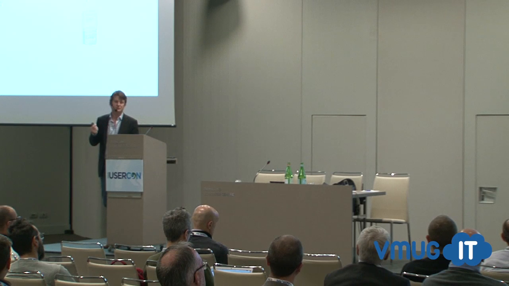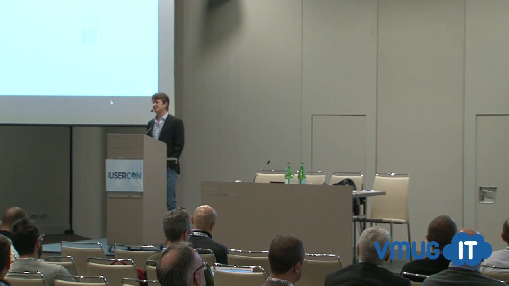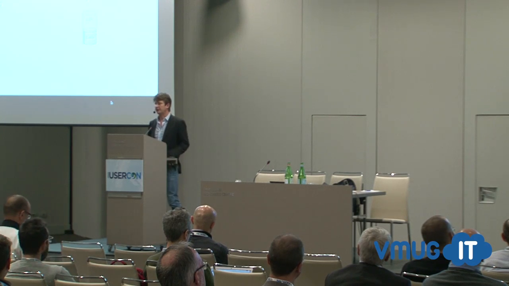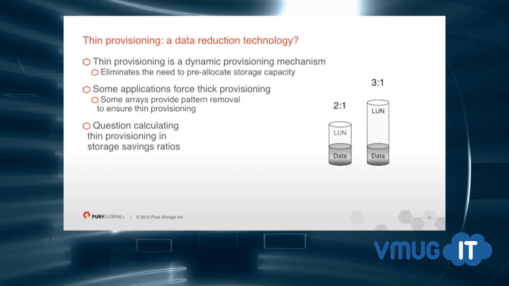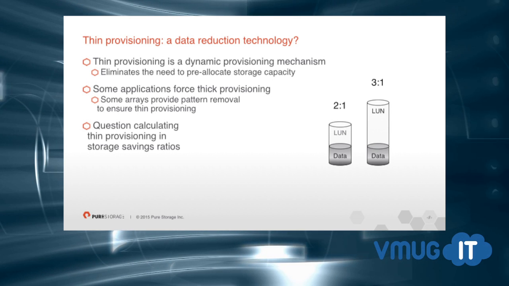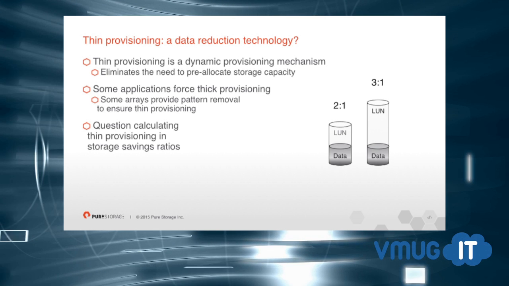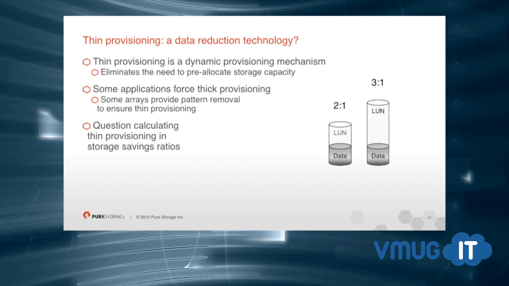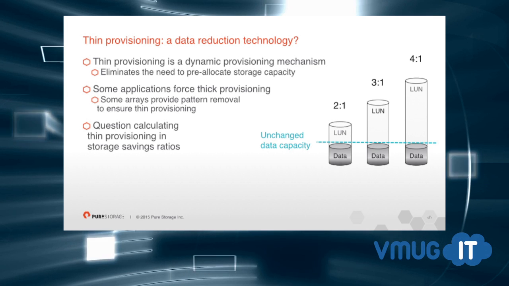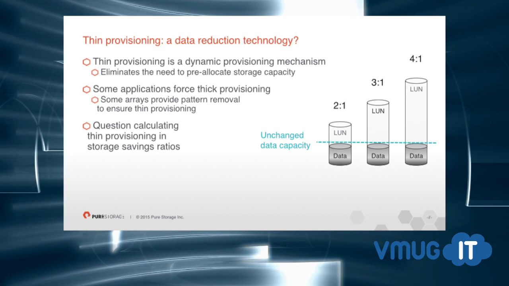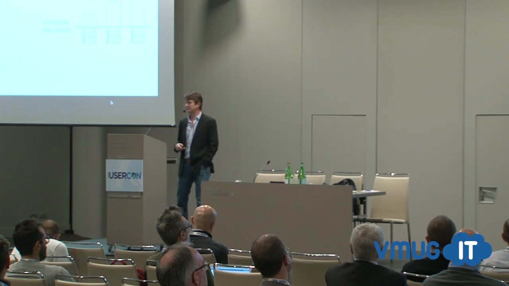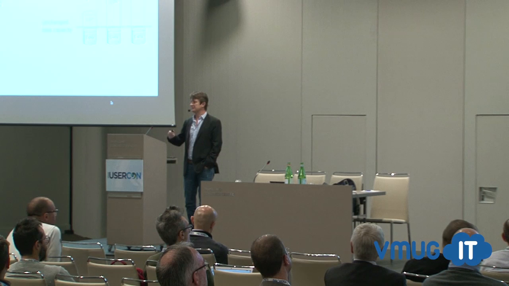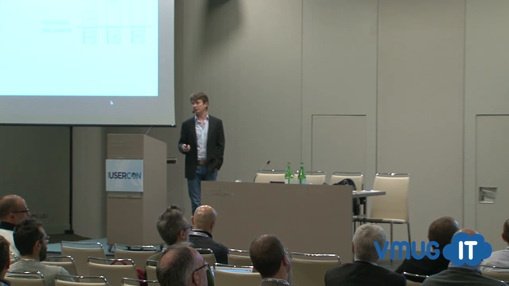The challenge in the storage industry in terms of marketing when you're looking to purchase flash is that thin provisioning is a dynamic form of allocation. And so I can literally go on the array and say, increase the size of that volume or that LUN, and now my storage efficiency ratio just increased to 3 to 1, but the data was never reduced. And I can go on the array again and make it larger, and now my ratio becomes 4 to 1, and again, capacity is not reduced. So this is the slippery slope when you want to include things like thin provisioning in your data reduction technology, or your data reduction savings equations.